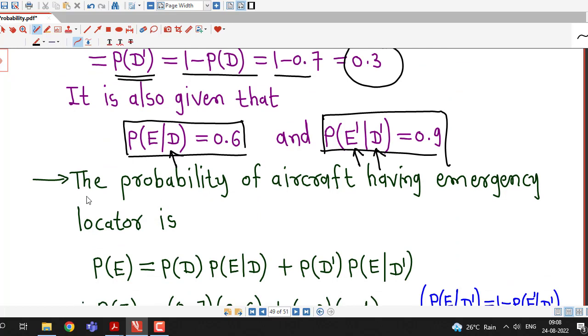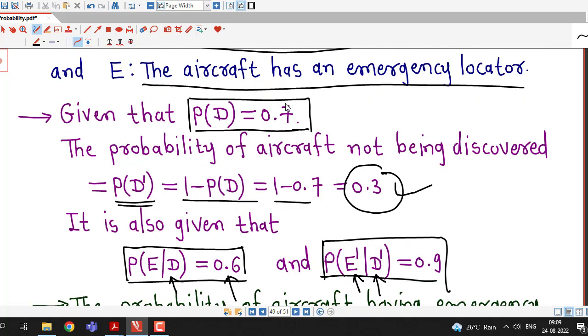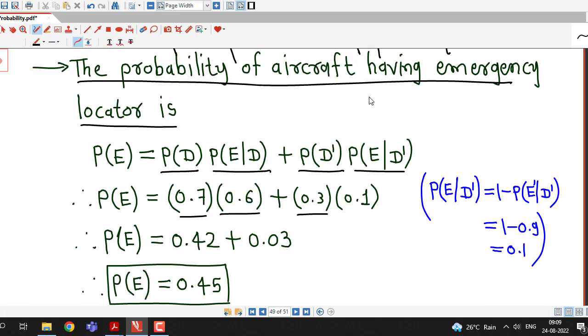And as I discussed, using the probability rule, the probability of the aircraft having an emergency locator, that is probability of E, is given by probability of D times probability of E given D plus probability of D dash times probability of E given D dash. Probability of E given D is given as 0.6. Probability of D dash is 0.3, which we have obtained from probability of D, and probability of E given D dash can be obtained from probability of E dash given D dash using the